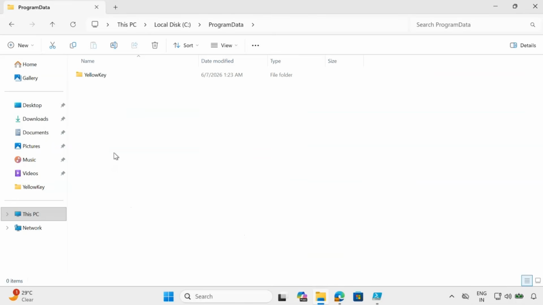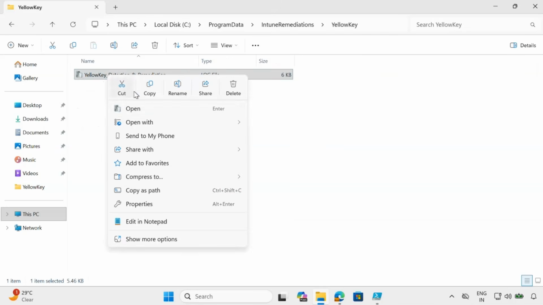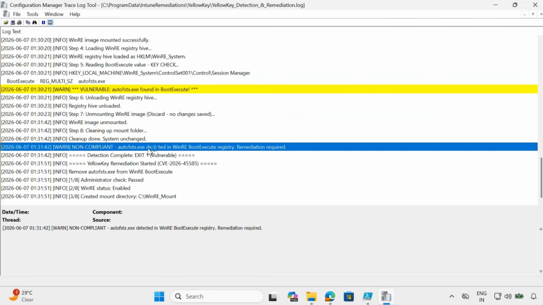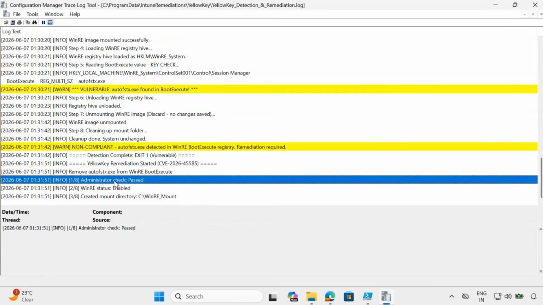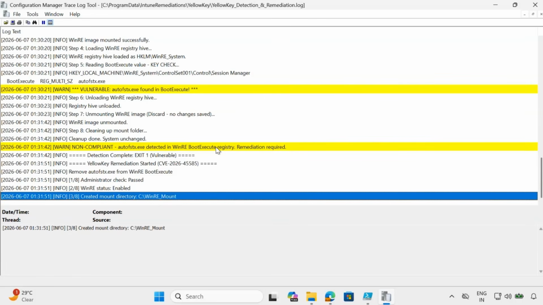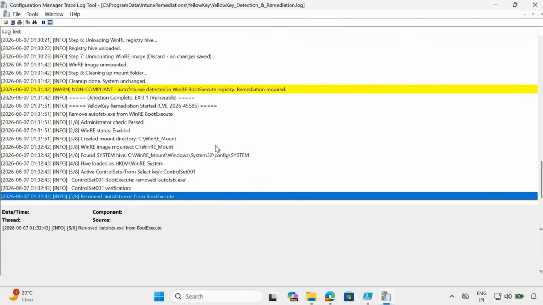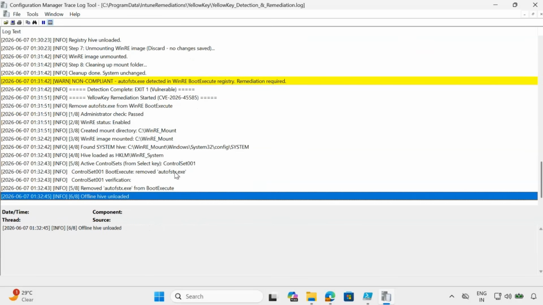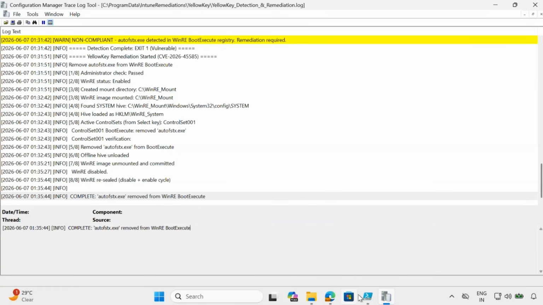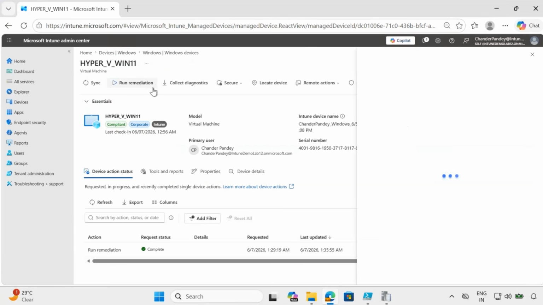Let me open the log again. And now we can see that the remediation is started. The script is running under admin rights. Binary status is enabled. Now it has created the binary mount folder. And now here we can see that autofstx is present. And now it is removing autofstx from the boot execute. Offline hives unloaded. And now if we again go to the Intune portal and run the remediation script one more time,